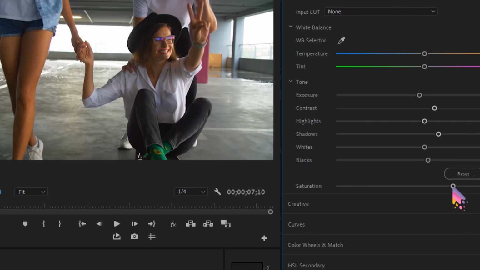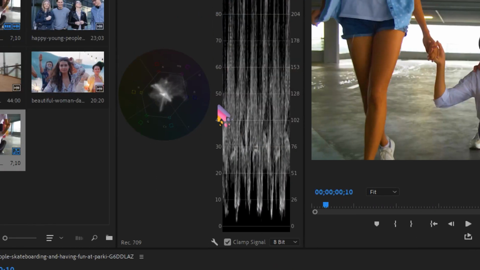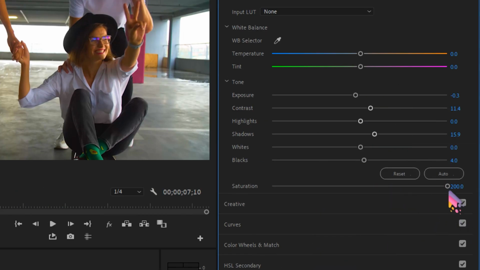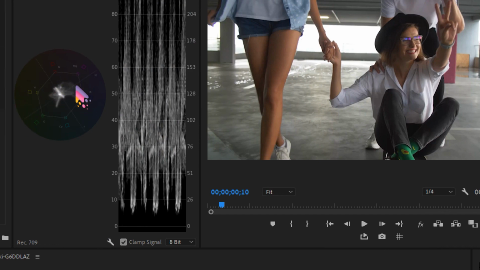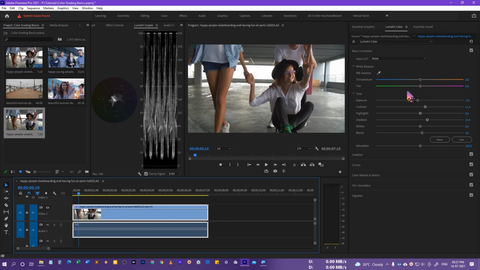So if I just adjust the saturation, let's say 200%, so you can see some of the clouds are going outside. So that means this color, which represents the magenta, and this, I think, black, or this, yes, it's something black. So it just goes beyond the saturation level. That means it's having too much saturation, so we need to adjust it back. So I'll just double click it, and that's going to make it 100%. And you can see now this cloud is inside this hexagon. Okay, so that was the basic options for correcting the basics in the color grading.